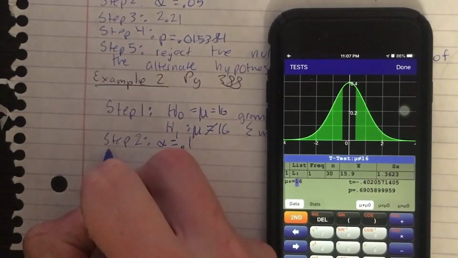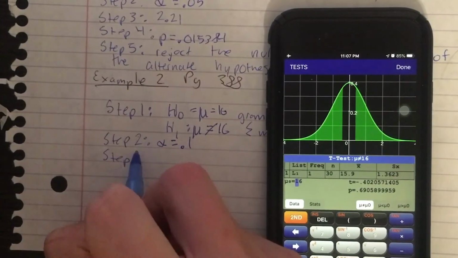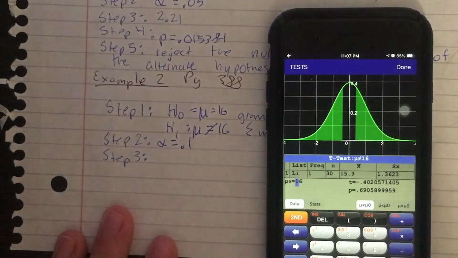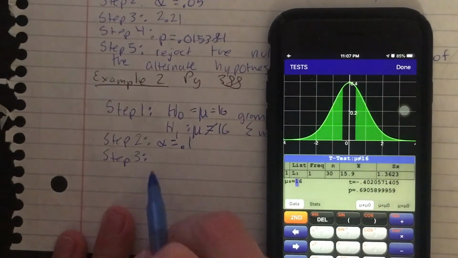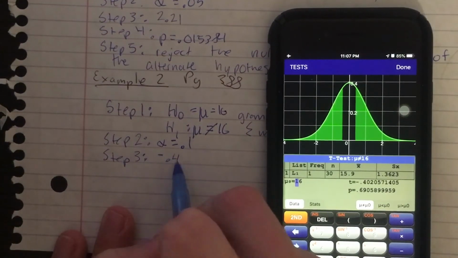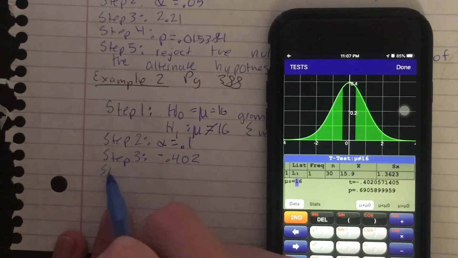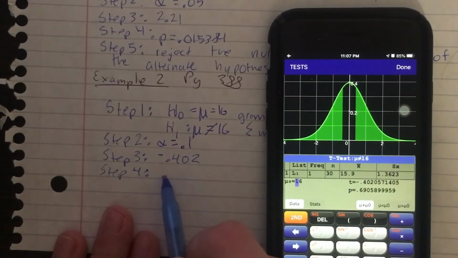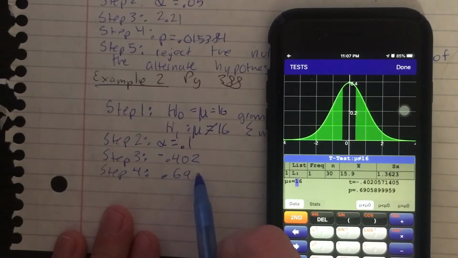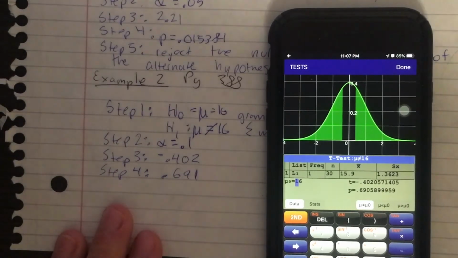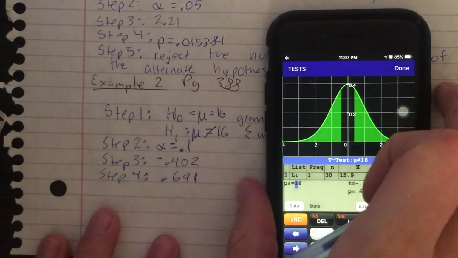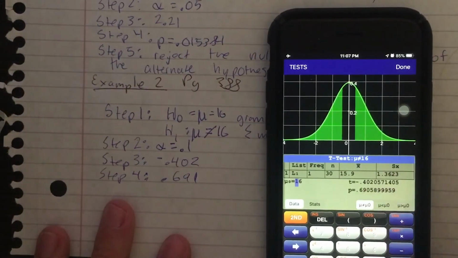And so our t value here is going to be negative 0.402. And so then the step 4 here with that p-value, it's a pretty high p-value here. It's 0.69. We're going to round that to 0.7. And so because that p-value right there